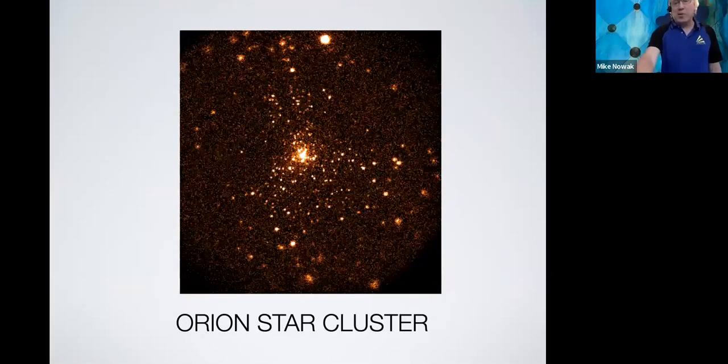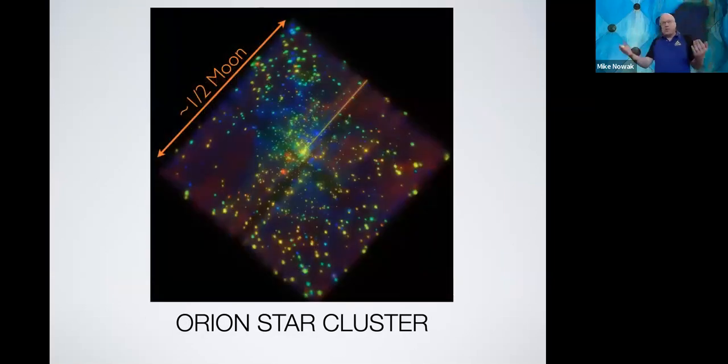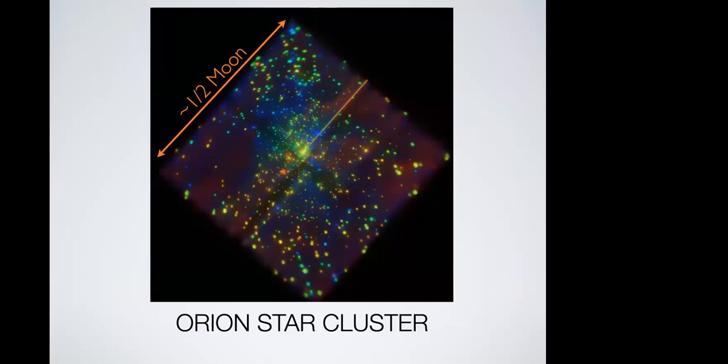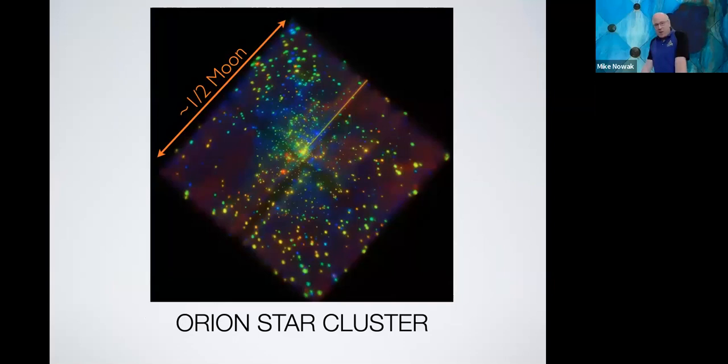Can you repeat the question, please? The question, what was learned by the imaging? What is learned is that the Orion star cluster is essentially a set of stars with all of the same birth date, more or less. And so you have a whole population of stars of different masses here with essentially the same birth date. So you've got this measurement of the activity of young stars, and you can do it as a function of mass. And we're going to talk a little bit more about that in a minute.